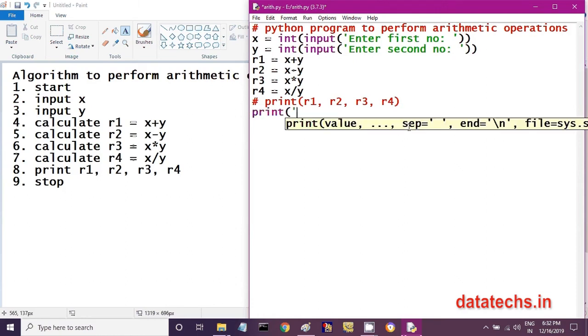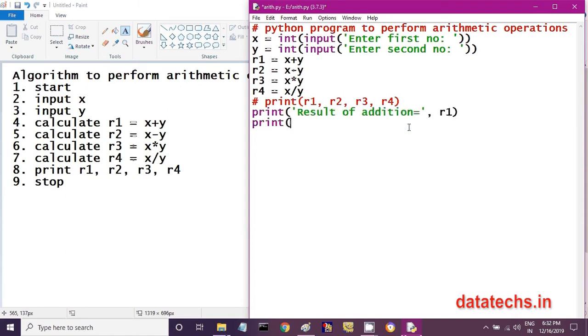So print, I can write result of addition, comma R1 value. Print result of subtraction is equal to comma R2 value. So print result of multiplication R3.